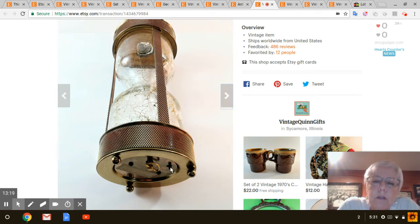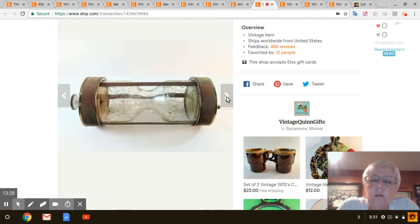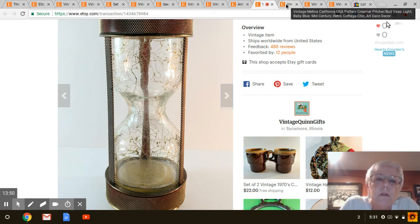This little pin, it didn't work right. You had to manually push it in and out to get it to play. So the lady that bought it messaged me and asked if she could see a YouTube video of it playing. So I sent her that, and then she bought it, and it sold for $40, and that's actually shipping to Japan. And I listed that on March 22nd. So next